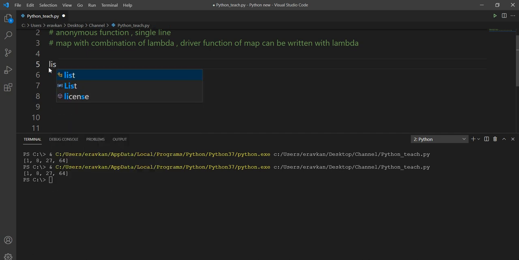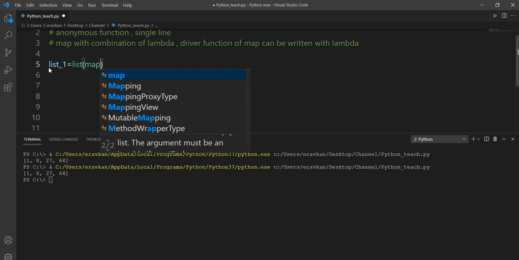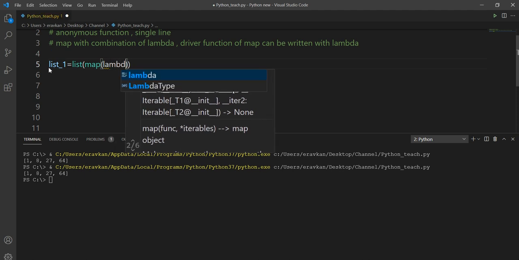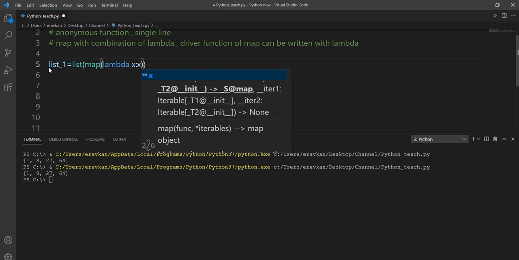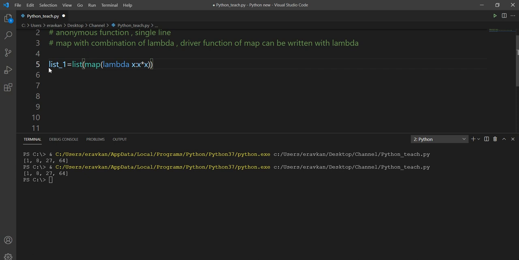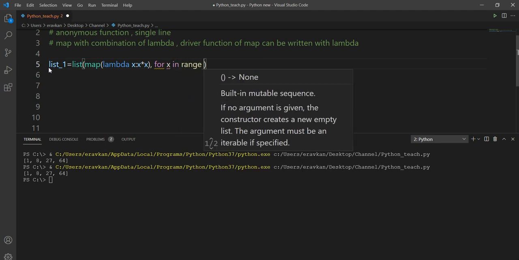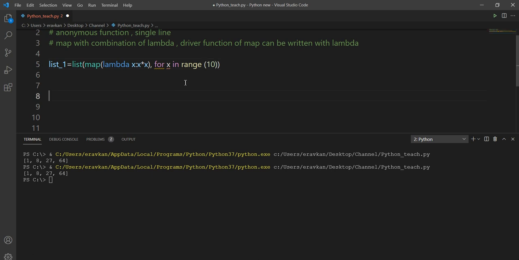Suppose I have to make a list underscore 1. It will be a list, so I'm using the list keyword here. Map lambda, then x is the input, and x into x, and my iterable can be, let me see if I can write it in this way, for x in range 10.